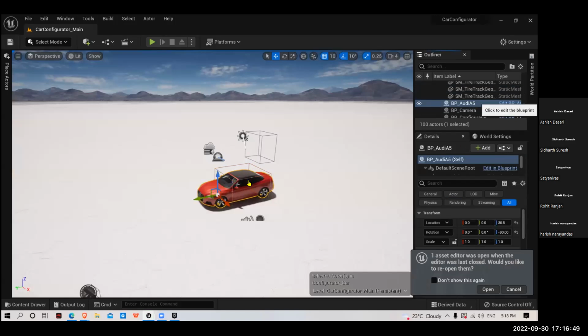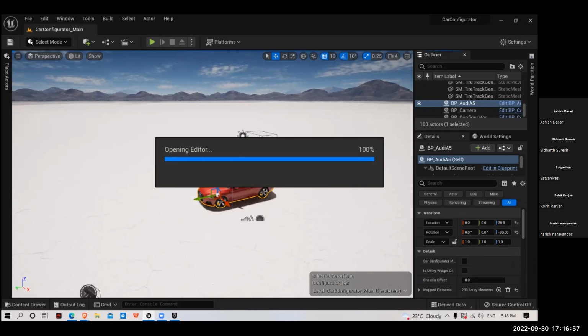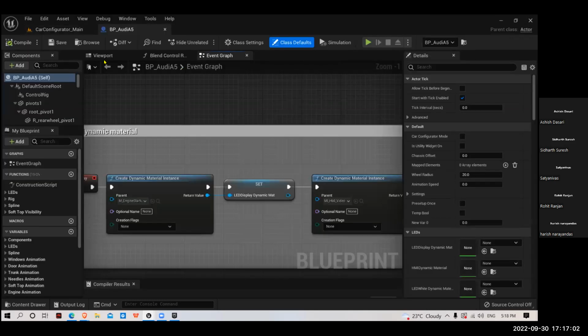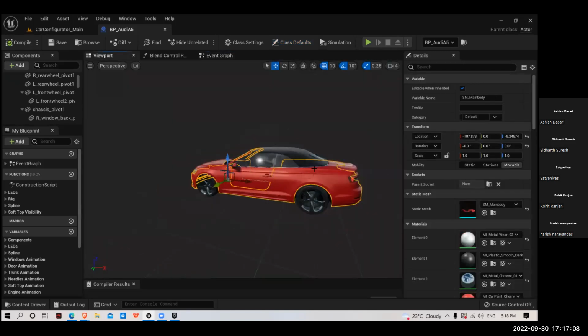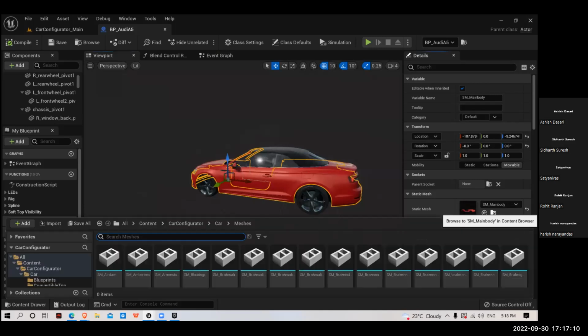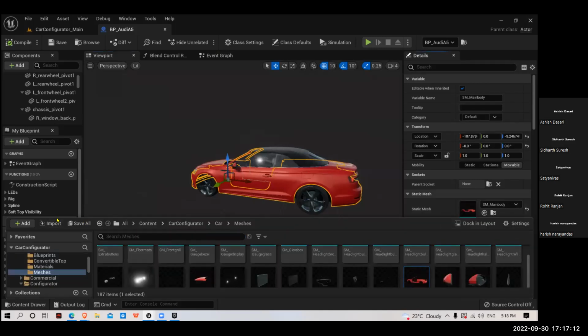I want to find where this car asset is placed in the folder. So I will click on Edit Blueprint, and it will open up the blueprint editor. Search for the asset. It is placed under the